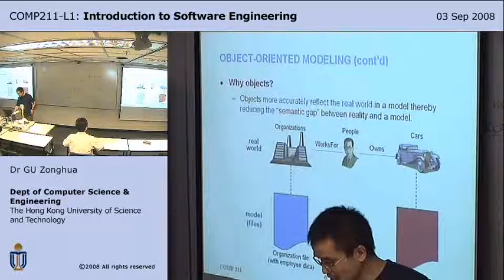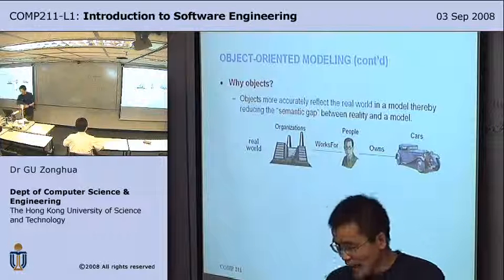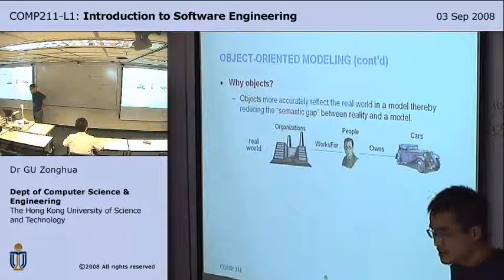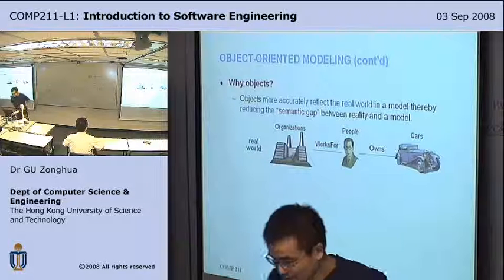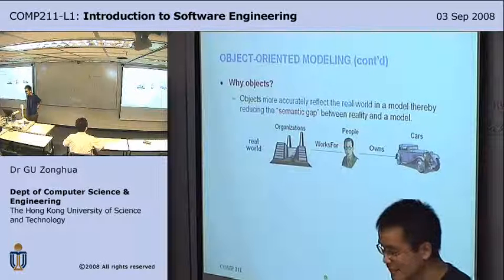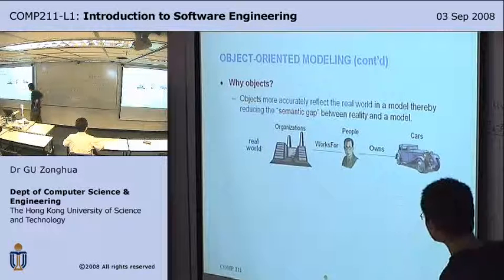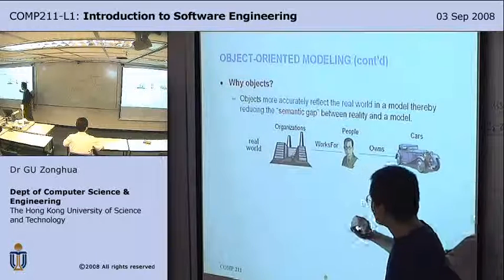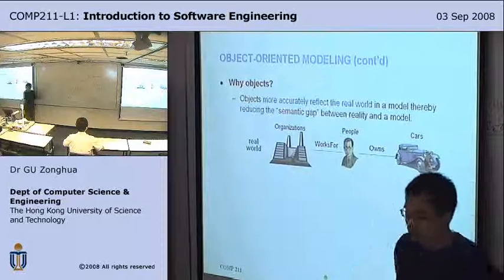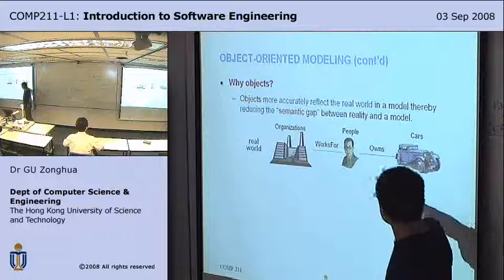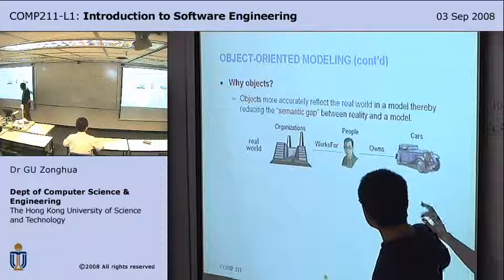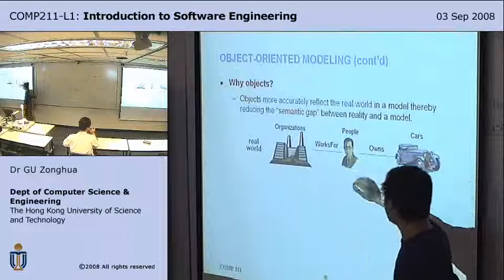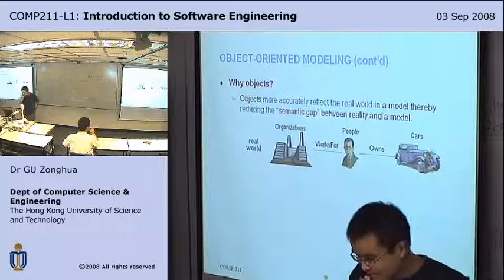So why objects? Objects more accurately reflect the real world in the model, thereby reducing the semantic gap between reality and a model. So here's the reality. It's a person who works for an organization, perhaps a company, and owns a car. So there are 3 things in the real world: an organization, a person, and a car. Now,